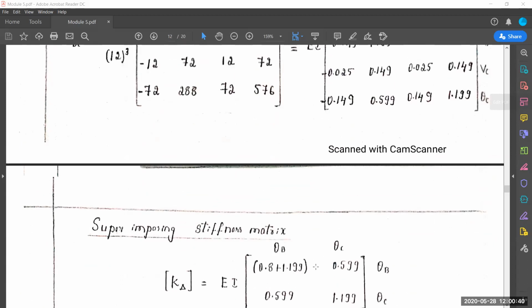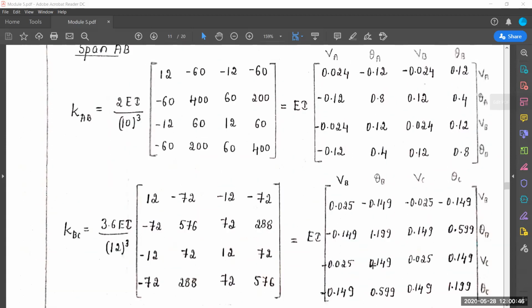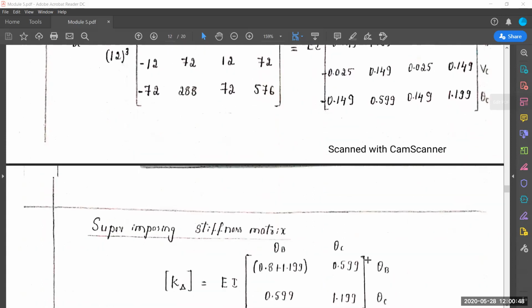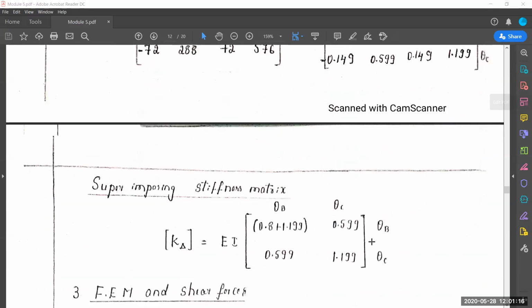1.199. Next one, theta C versus theta B. Again, go back to the stiffness matrix. Observe the matrix. The same order you have to follow. Theta C versus theta B. Horizontal line. First, you see theta C. It is here, no? Just look at the marking. So theta C is here, which is one more theta B. That means which value? 0.559. Okay, 0.559 is written. Like that, you have to observe the orders.